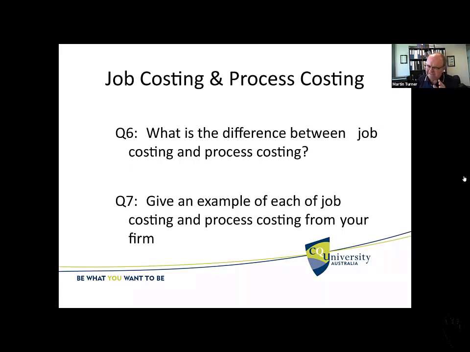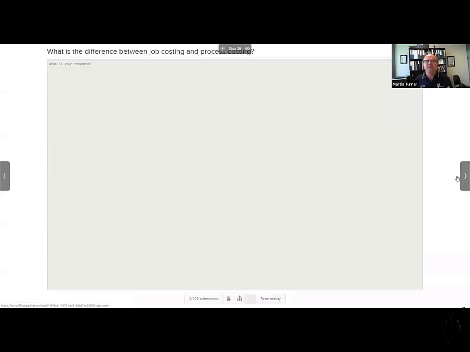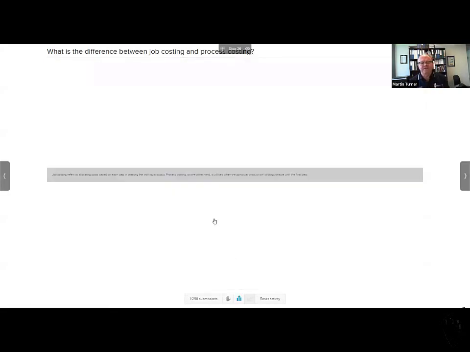Quite a lot of people didn't discuss this in their step 2, which is fine. You don't have to cover all the concepts. But what is the difference between job costing and process costing? In Thao Bach's chart, this is to do with allocating direct and indirect costs to products. So job costing and process costing in the reading were 2 different ways of doing it. What's the difference? I've got one submission in,